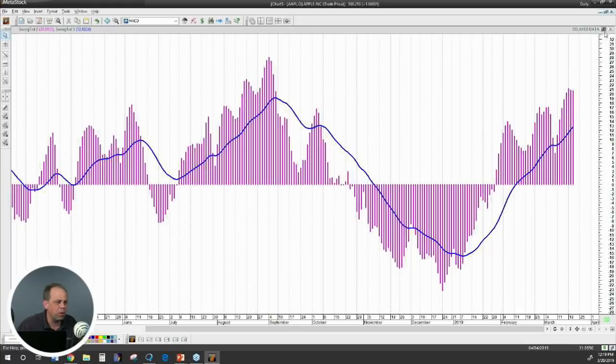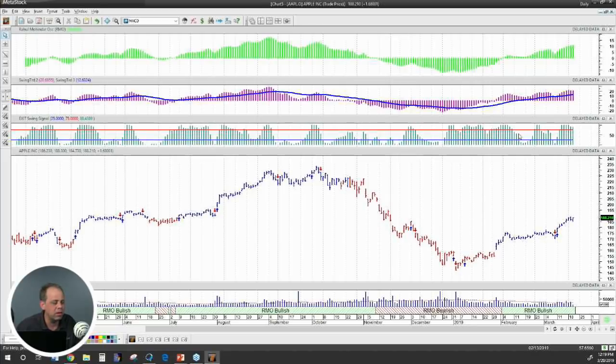The other thing is, with MetaStock and the way we've integrated this into the software, we also give you another visual clue when that happens. With the long-term trend, we had the ribbon down here. You'll notice when the short-term trend pops up above 0, all of your bars are going to start to be painted blue. That's it. So if we're looking at it here, we've got a blue bar. That means our short-term trend is bullish. We've got a green ribbon. That means our long-term trend is bullish. So you can look at the indicators if you want, or you can just look at the colors on the screen.